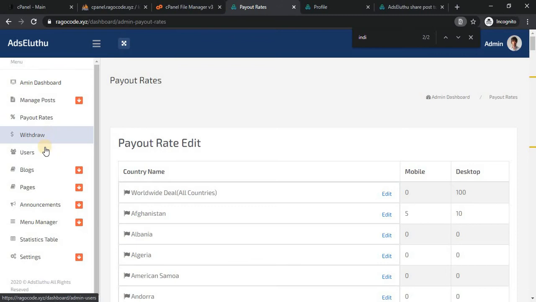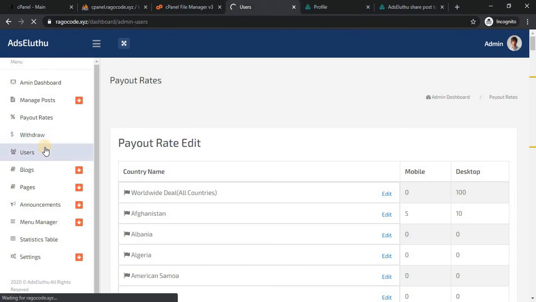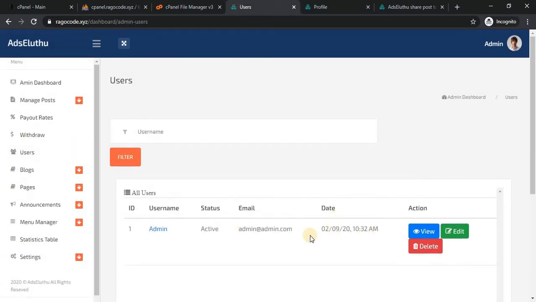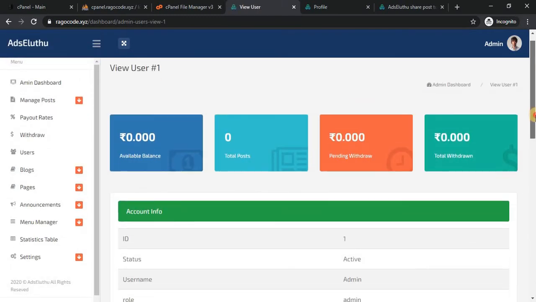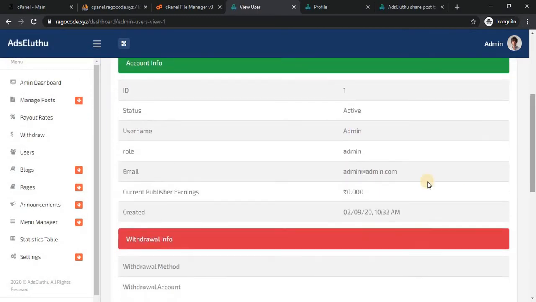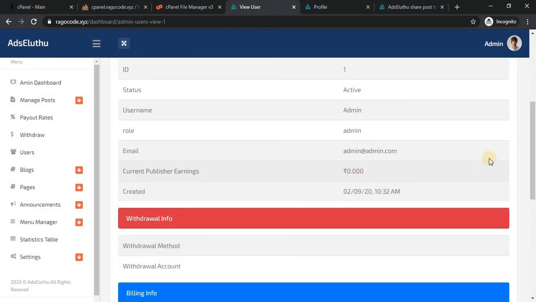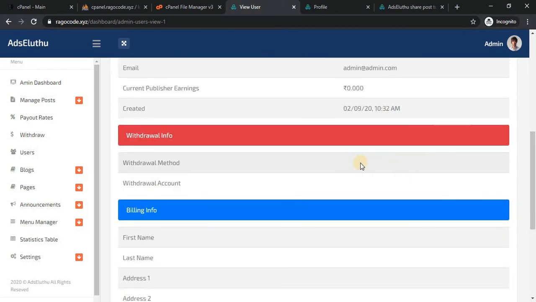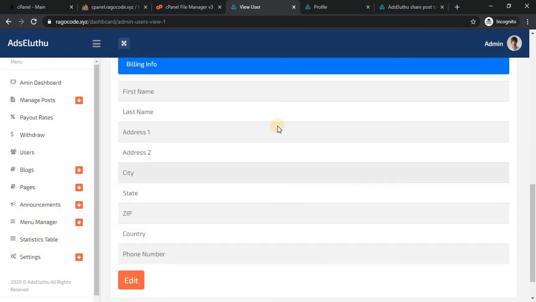And the other one is users. In this you can see how many users registered in your website, and you can edit the user details and view the user details, like username, email, which date he created the account, how much he has earned now, and what withdrawal methods, account details and profile details.